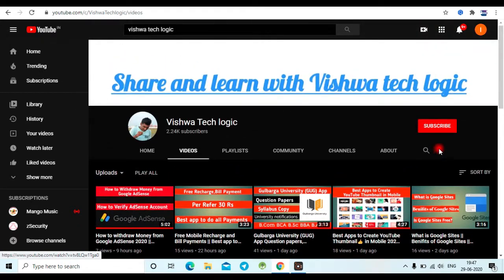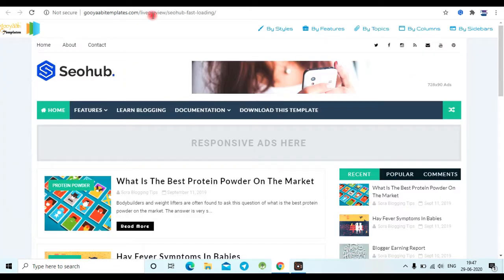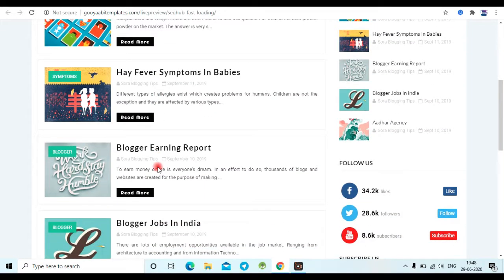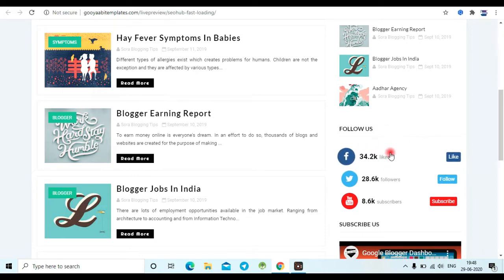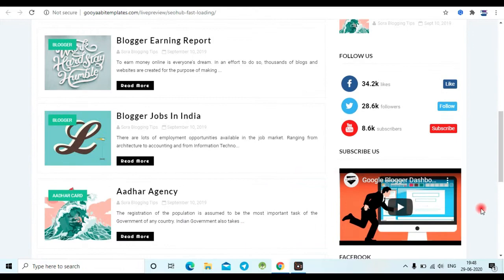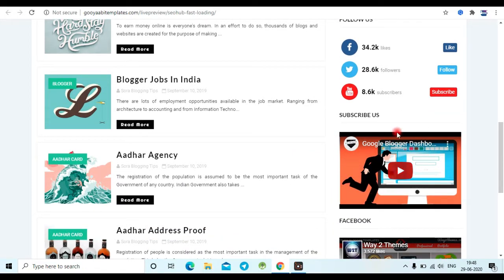Now let's get into the topic. The first theme, friends, is SEO Hub. As you can see here, we can place an ad, and also a responsive ad here. With this template, friends, you can earn more. As you can see here how it looks, the social media buttons are floating, with animation. You can add the videos here,